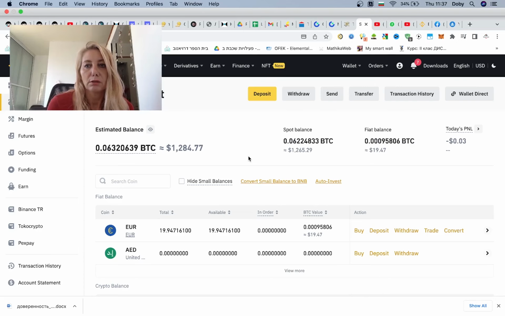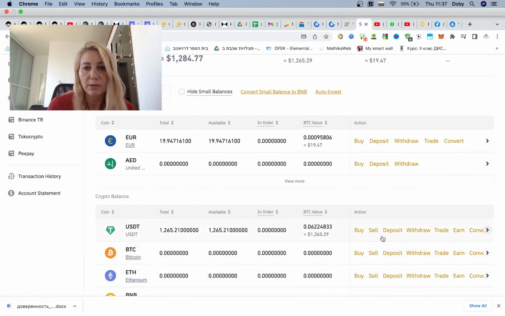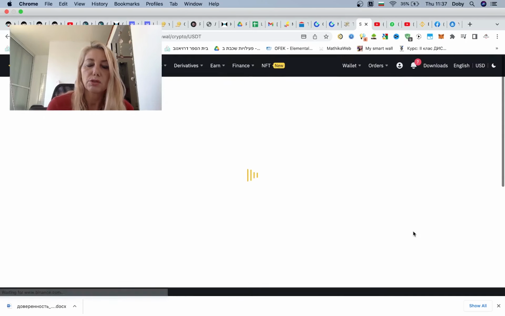After we do this movement, we want to convert the money to some normal currency in order to receive it in our bank account or credit card, because as far as I know, there is no bank that works with cryptocurrency and converts it automatically. So that's why we are using Binance or Coinbase. By choosing the USDT and choosing withdraw,